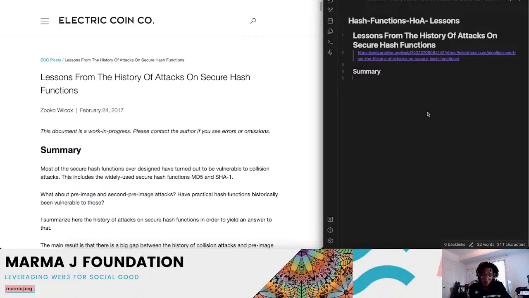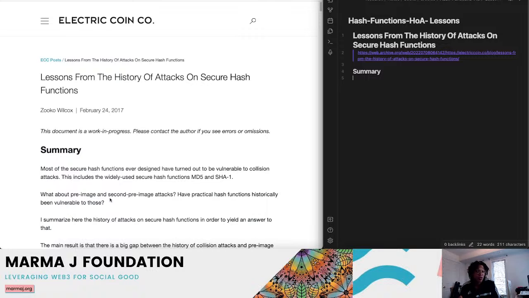Also, my setup has changed for those that notice. I now have, obviously, in the bottom left hand corner, the nice Marma J Foundation banner, just so it's clear what I'm here for. So I am the co-founder of the Marma J Foundation, co-founder and CEO these days, which is wonderful. And in that position, I am doing a lot these days to support